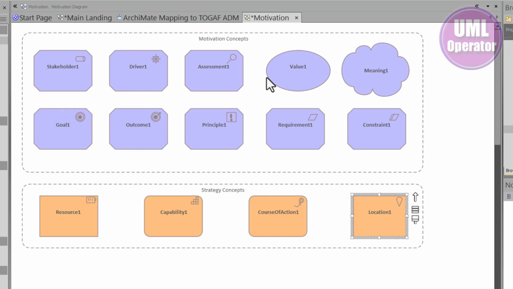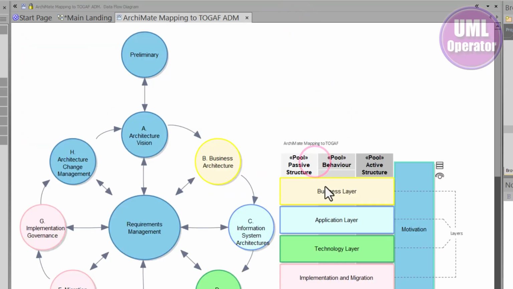So I really like the motivational models that are available through ArchiMate. So I just wanted to point that out as we're going forward. When we get into the rest of the delivery, you're going to see some ArchiMate models that we're going to use in our artifacts to